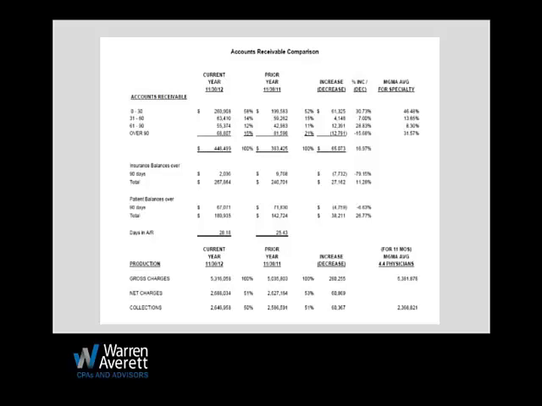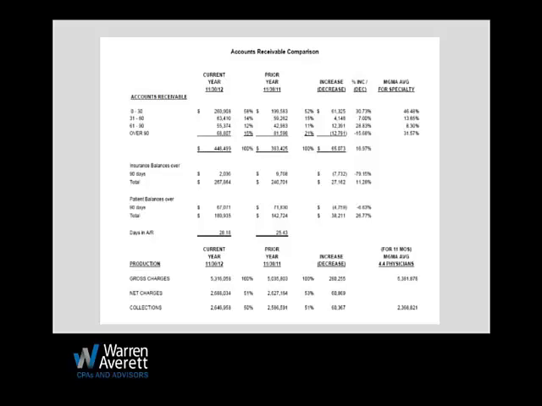Now, sometimes we'll see collections at the bottom of, let's say, 2.8 million versus 2.6. So you could have someone telling you in your practice that AR looks great, that it looks healthy, that your total AR is down, and they were collecting more money. But if you've collected more money than charges have gone into the system, you're just collecting last year's money. It's really not moving the ticker on your total AR. So that's why we put this production here.